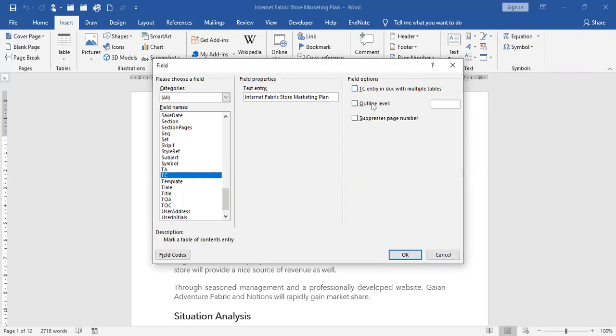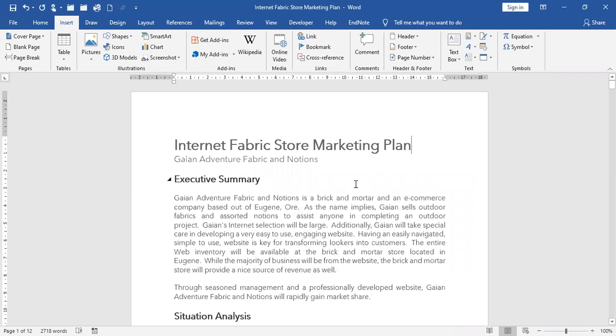And then check the TC entry in document with multiple tables, and also the outline level. For the outline level, because this is the main topic, the main title, we will use the same as the first paragraph style. So we will type in 1 here and then click on OK. And then next,